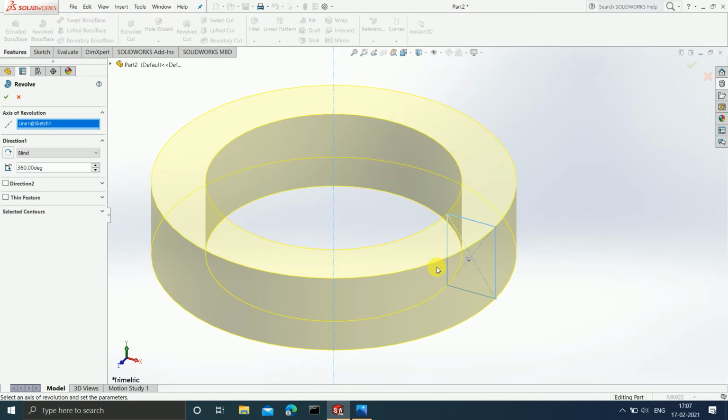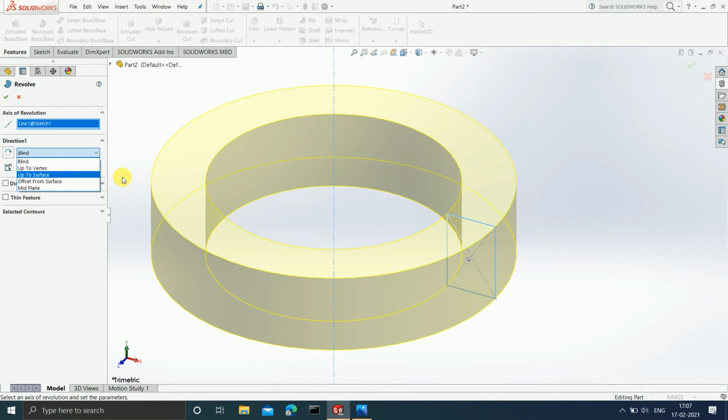Whenever you have objects which are circular in shape, for those objects you can make use of the revolved boss base command. Now you can see that there are different options available, like up to vertex, up to surface, offset from surface and mid plane. When you choose up to vertex, up to surface and offset from surface, you require another 3D CAD model along with the model that you are drawing.